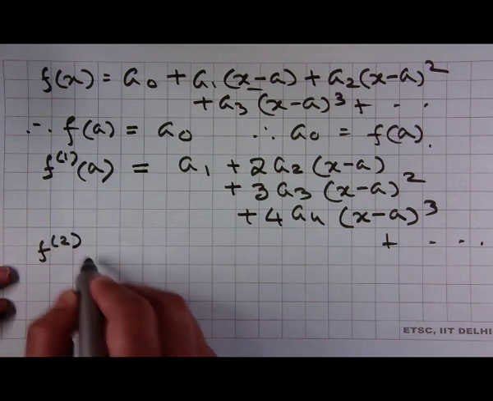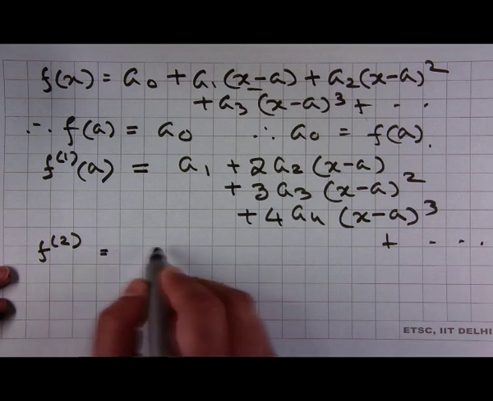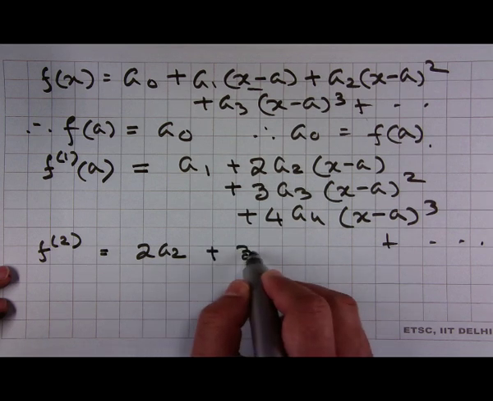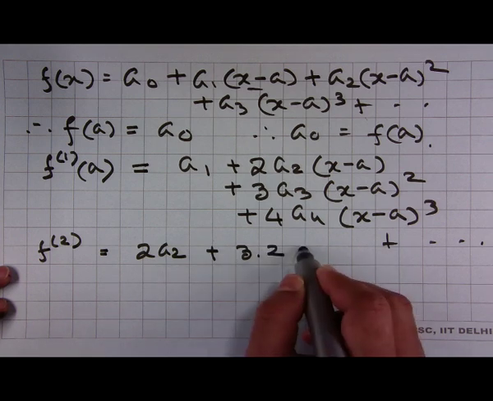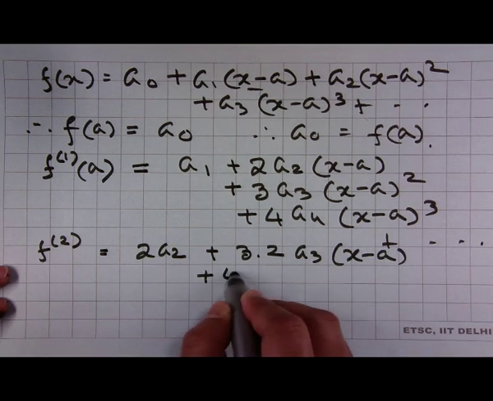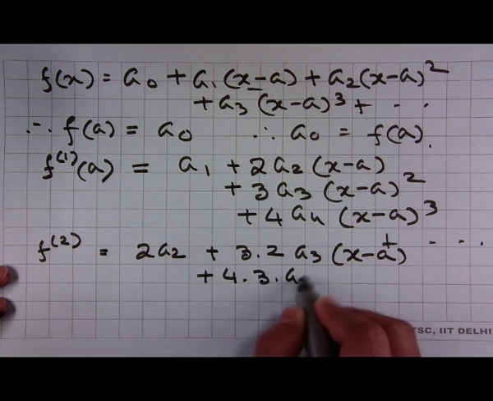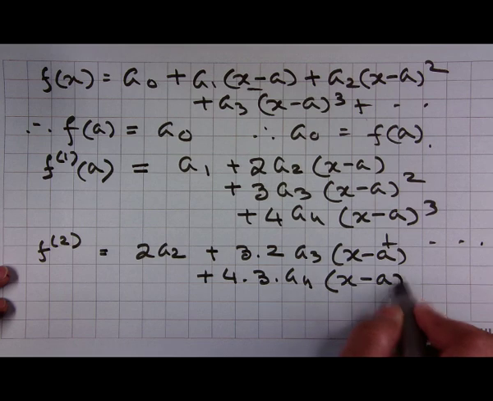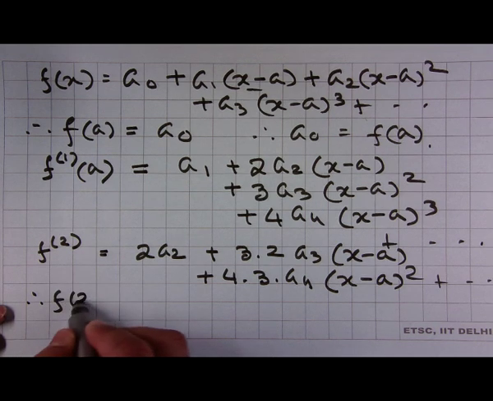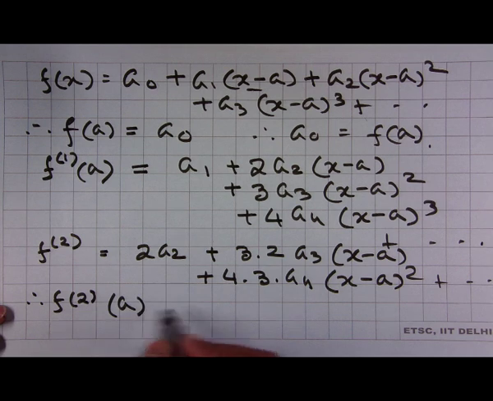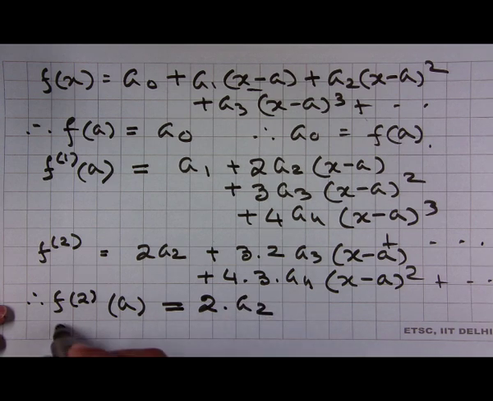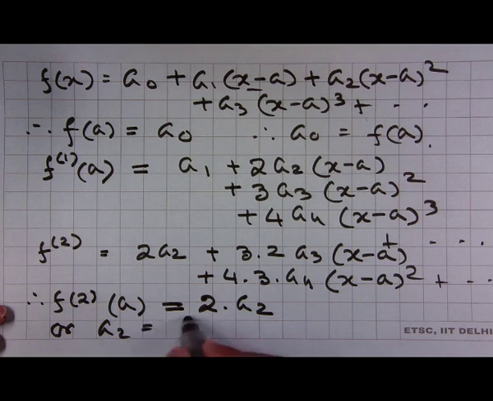The second derivative of f(x) is 2a2 + 3·2a3(x − a) + 4·3a4(x − a)², etc. Therefore, f²(a) is equal to 2a2, or a2 is equal to f²(a)